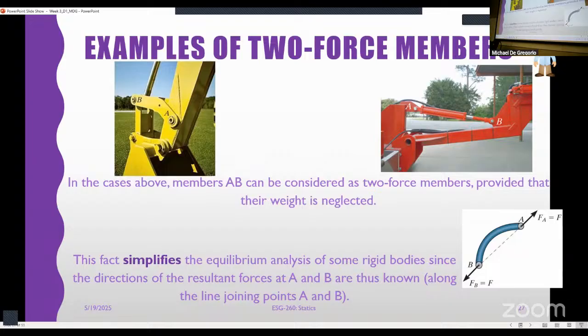And the process for doing that is doing a static equilibrium on it, right? So now that we know that's a 2-force member, and same deal here, we know that there's a force at A and a force at B, right? We're not worried about any other connection points. We can't transmit force through this in any other way. We have to apply a force at A and at B in order to do that.